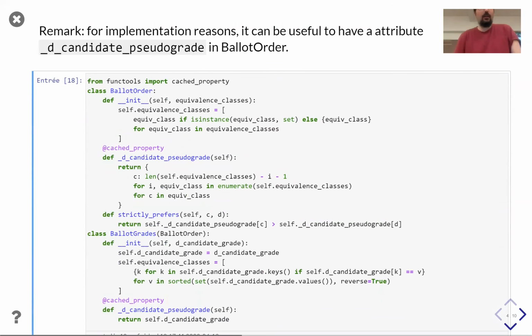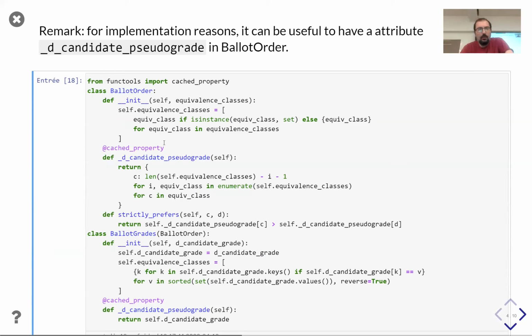A side remark, in fact, for implementation reasons, as I said, it can be convenient to represent weak orders with pseudo grades, because it is very convenient to test, for example, if one candidate is preferred to another one, you just have to test two values in a dictionary.